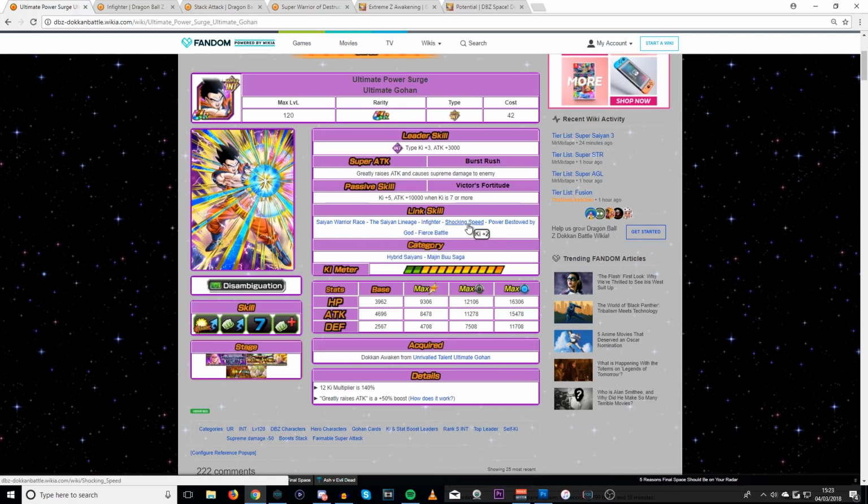But here's the good thing about this Ultimate Gohan, and why you could potentially consider running this one instead of the STR one. It's the fact that he is self-sufficient. You grab one Ki, and that instantly puts him on 12 Ki, which is a guaranteed super attack. And the good thing about this is that you can prioritize the Ki orbs for other units, like Super Vegito, because regularly, if you are to pair up the STR Ultimate Gohan with the physical Super Vegito, you're going to need like 5 or 6 Ki for both of them,